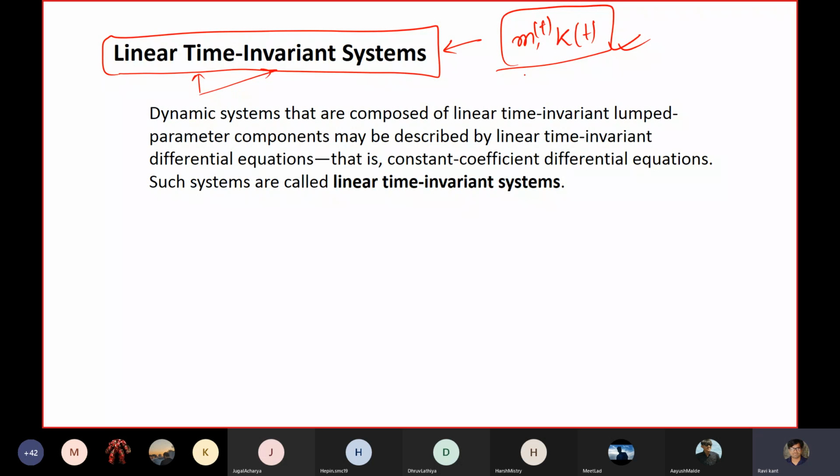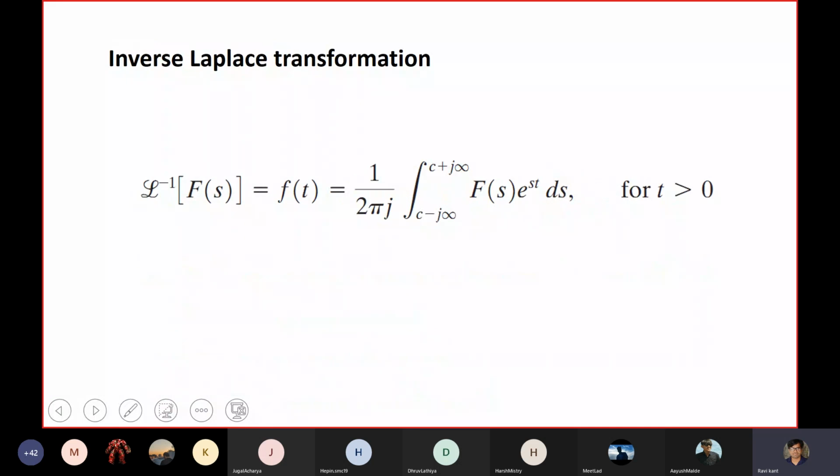Although this may or may not capture real physics, that is of another concern, but in terms of solvability, we will restrict ourselves to linear time invariant systems, where intrinsic properties such as mass, momentum, or anything should not change with time. Whatever matrix you have chosen is not a function of time. Okay, so this was the last thing, and now we will move into